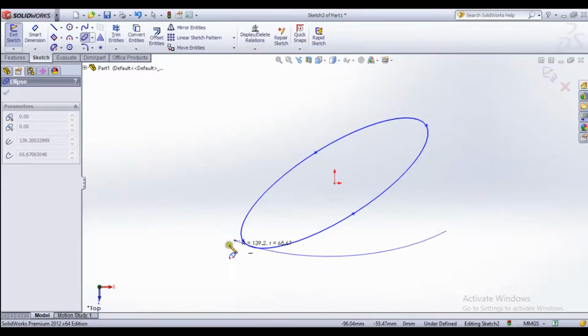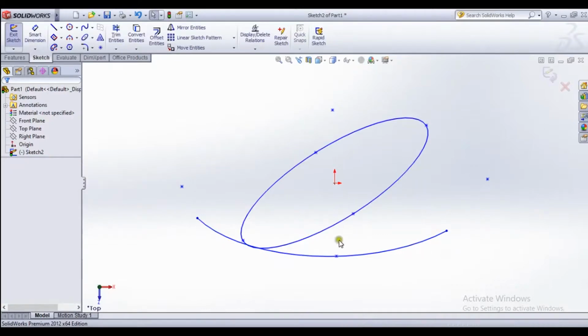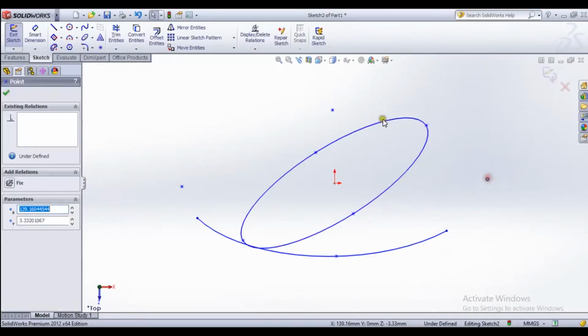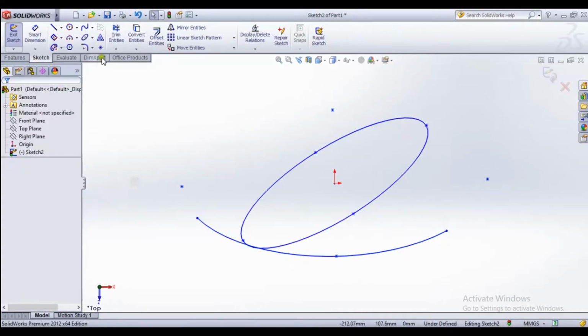Okay, and whatever parts we need to draw, we can draw only them. Okay, this part also we can draw like this, but there are so many reference points for this part of the ellipse.